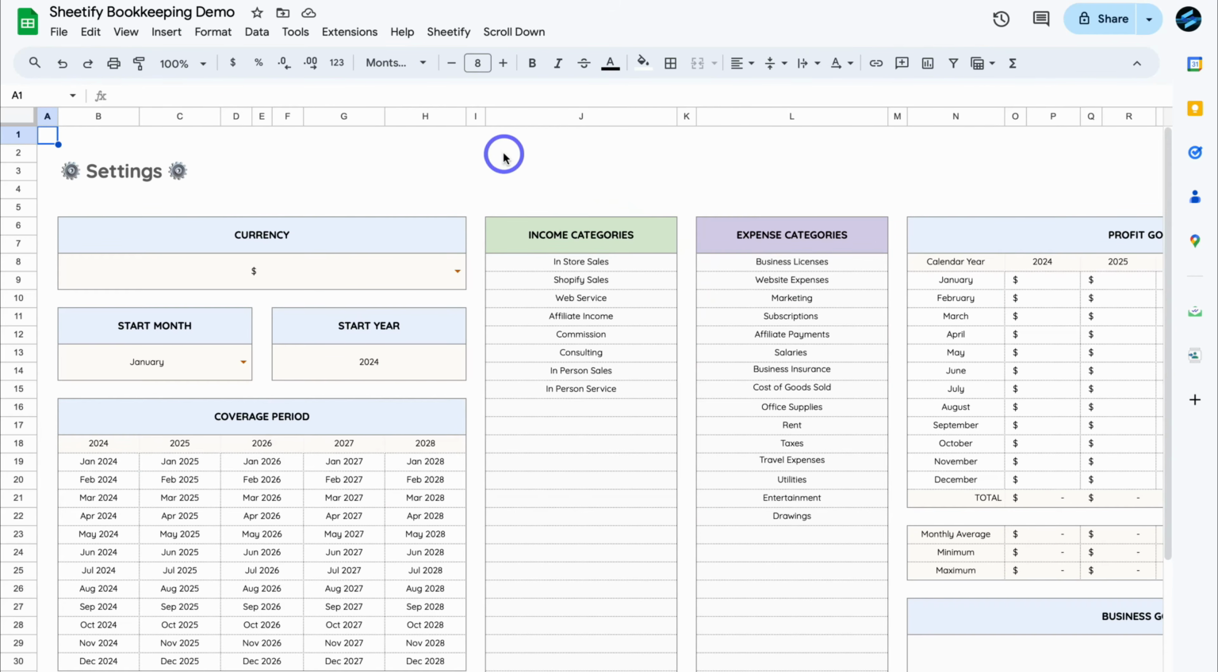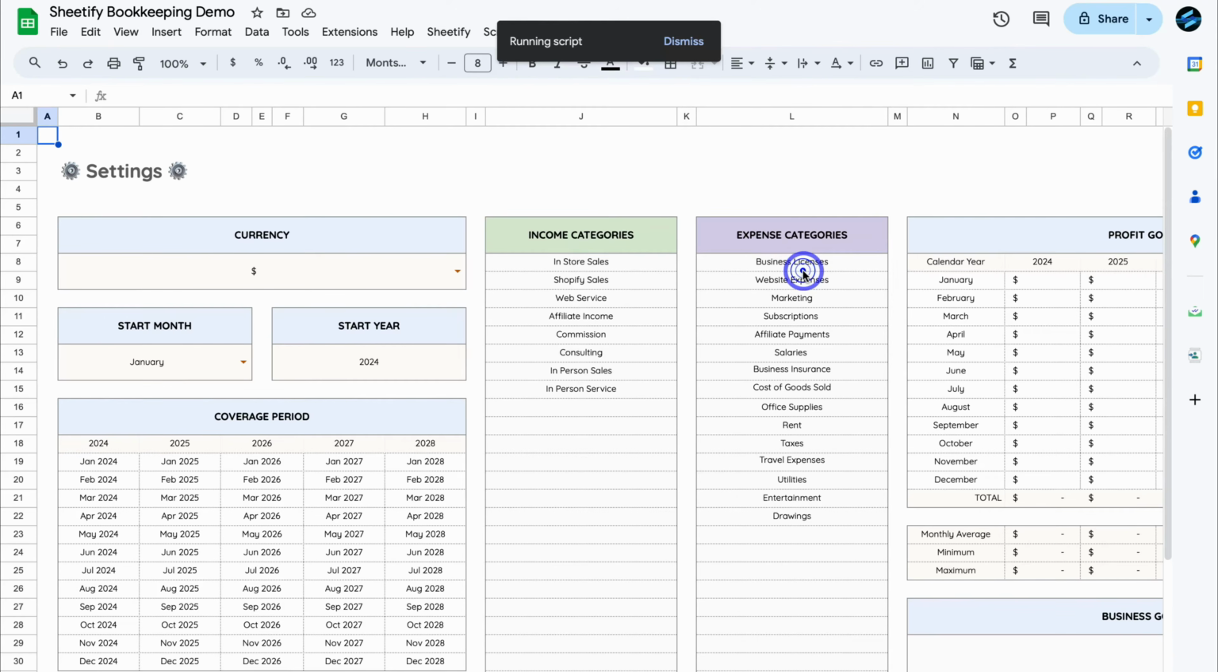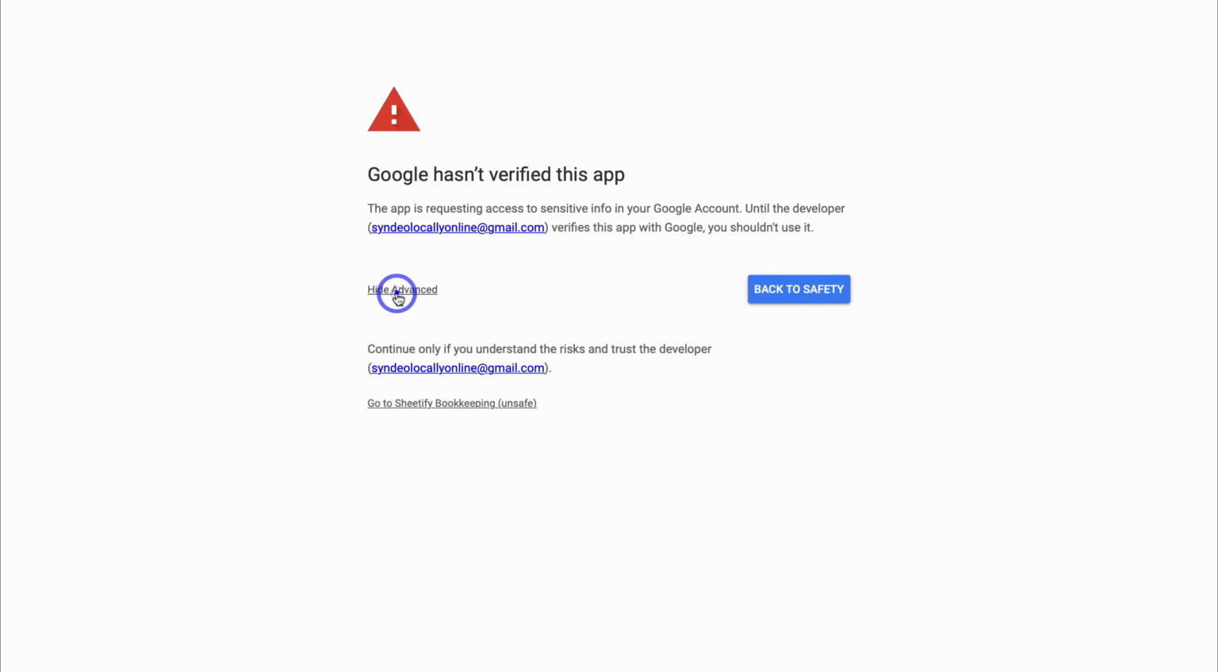Then simply give Sheetify Bookkeeping a moment to load the Sheetify menu and this scroll down option. This can take a few moments the very first time you open up your own copy of this template. Then navigate over to Sheetify and then click on Set up Sheetify Bookkeeping and Set Authorization. Come down, click on OK. Choose the Google account that you use to open up Sheetify Bookkeeping, navigate over to Advanced, and then click on